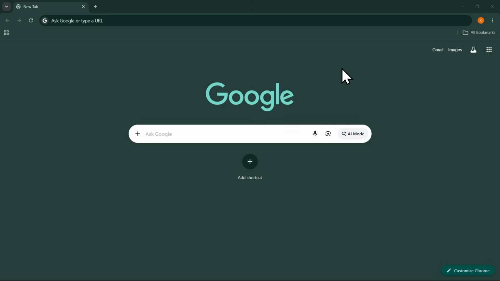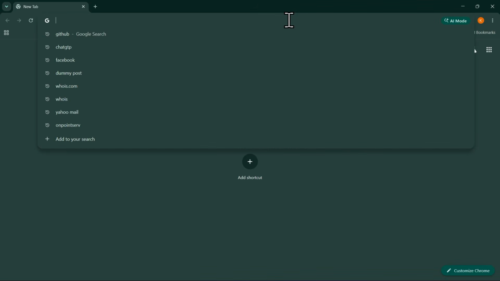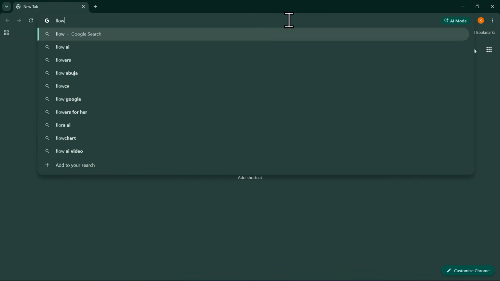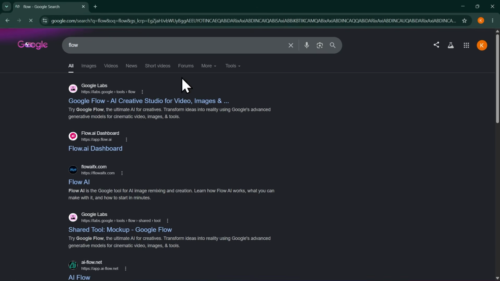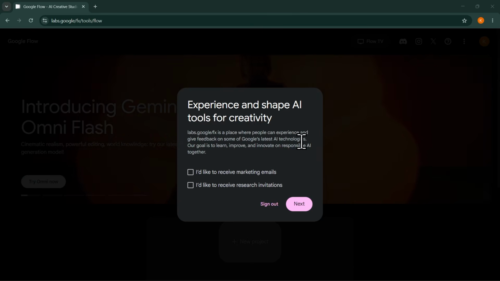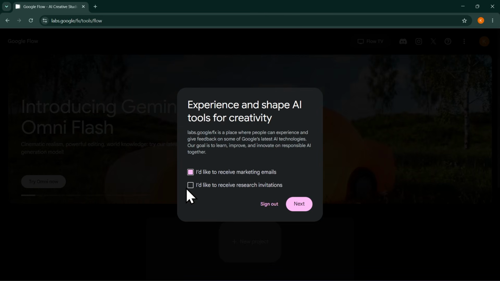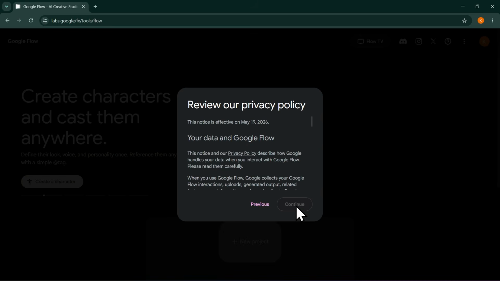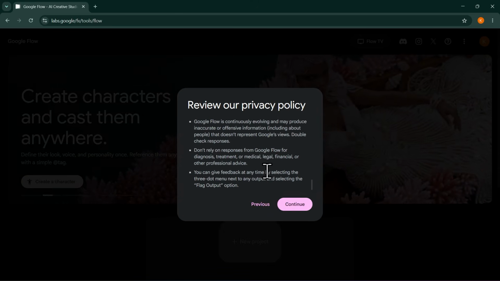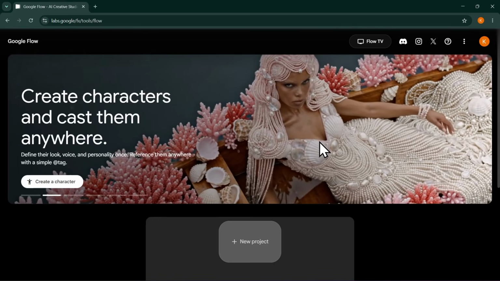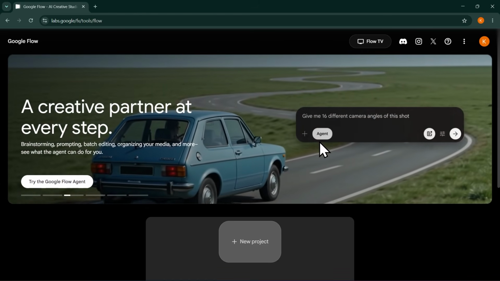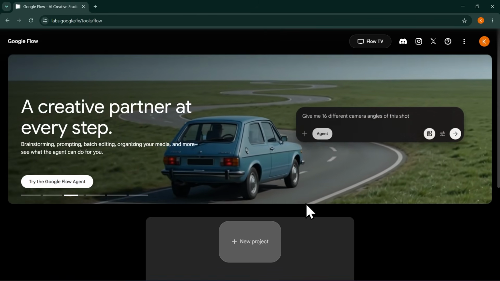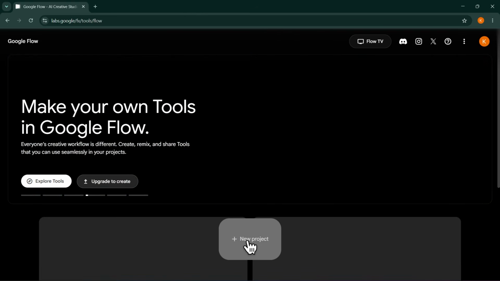Now, the first step we're going to take in our animation is to create a storyboard for our animation, and we're going to be using Flow for that. So in your browser, just type in Flow and just go ahead with the first result right here. All right, so if you don't have an account, you'll be prompted to create an account. You can go ahead and create an account. So once you're inside of Flow, you have something that looks like this, and the first thing you want to do is click on New Project,